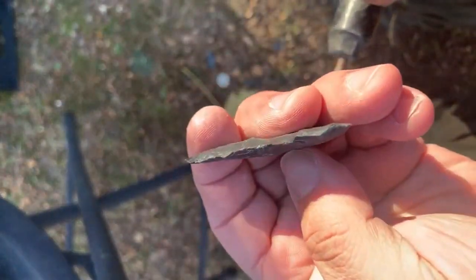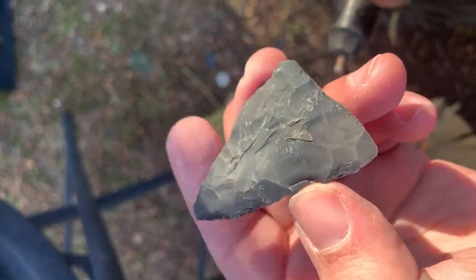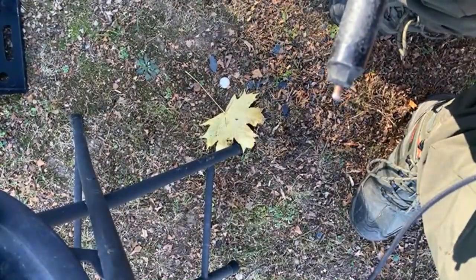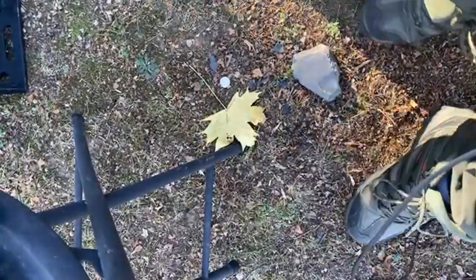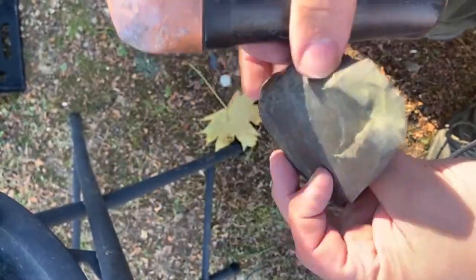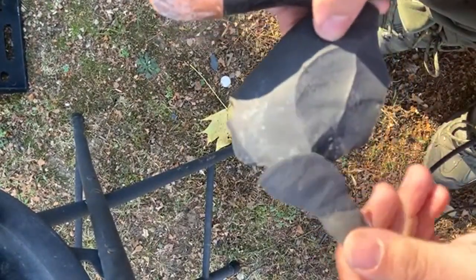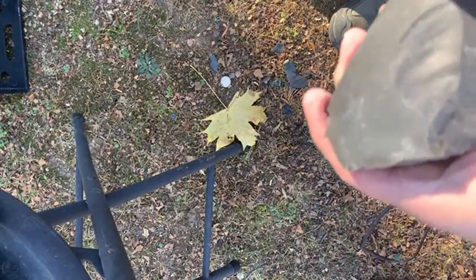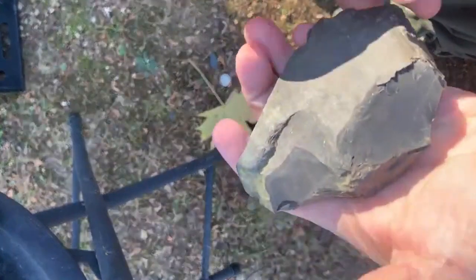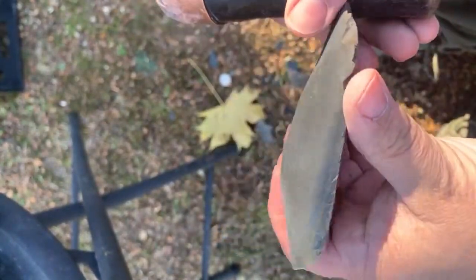Basic shape here. It's thin enough. Hey, Levy. I'm gonna put this on the side. That is my gigantic Great Pyrenees you hear barking. He is a pain. Here's another New York cobble, big flake I took off. Hey, you dip. The material is very cold. Tried to warm it up in my pockets a little bit, but